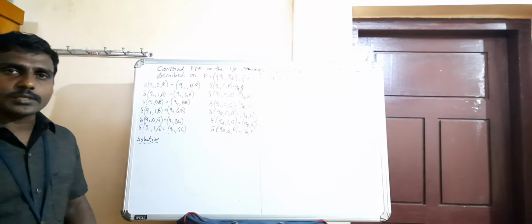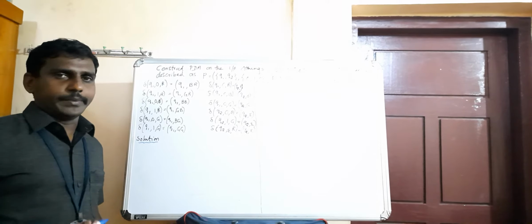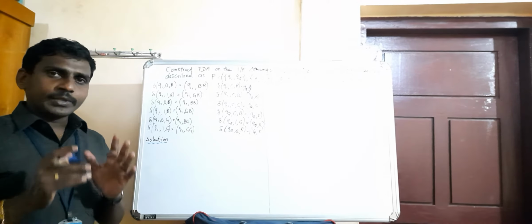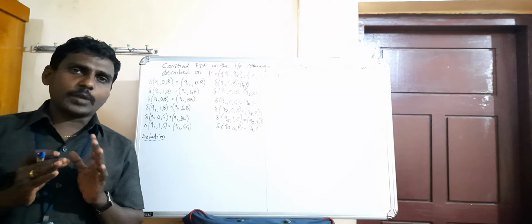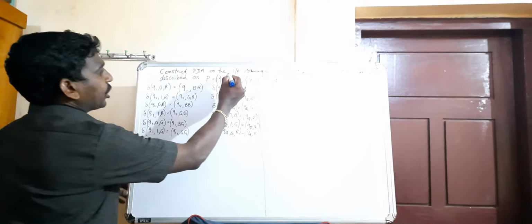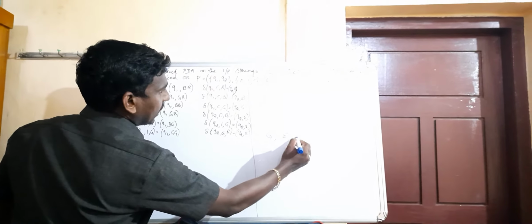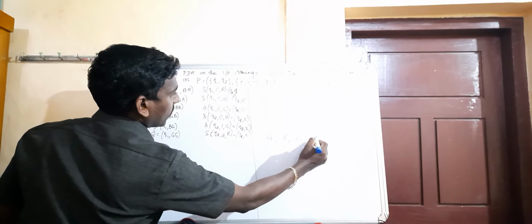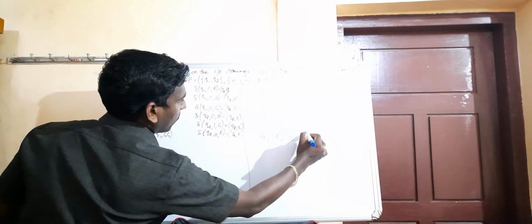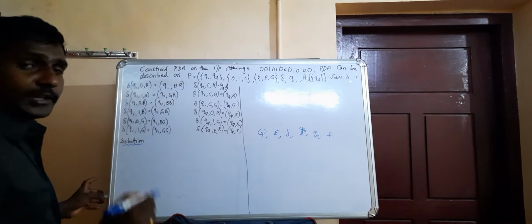In this video class, I am going to teach you the problem related to PDA, pushdown automata. In the last video class I taught you the definition of PDA and what tuples or parameters are present inside the PDA. That is capital Q, sigma, delta, rho, Q0, rho, Q0, F. These are the tuples present inside the PDA.